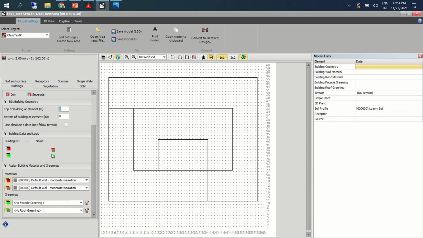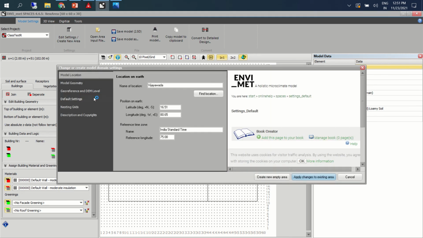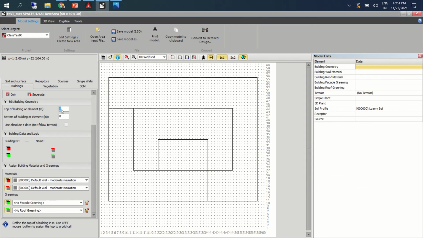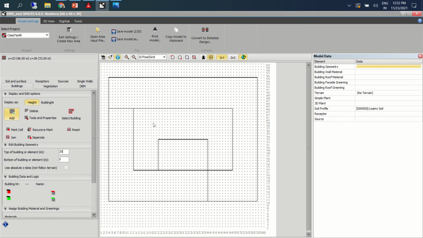Okay, apply, and let us assume the height of the building. What is the grid size? Grid size is 30 meters. Let's say we keep 20 meters as the building height. Now I'll click here, add, and then trace this.